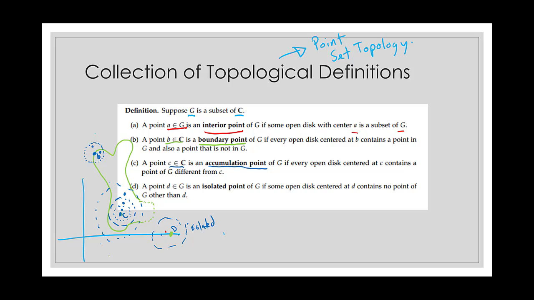Now, hopefully these terms are somewhat intuitive, right? An interior point, yeah, it's in the interior. Boundary point, it's on the boundary. And that's kind of why we name them this way. There is some intuition behind these things, but it's good to have a picture that sort of locks it in place for you as well.